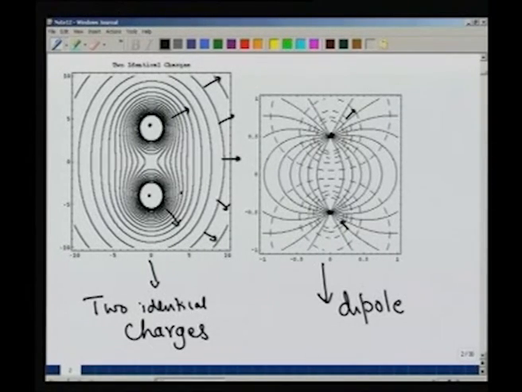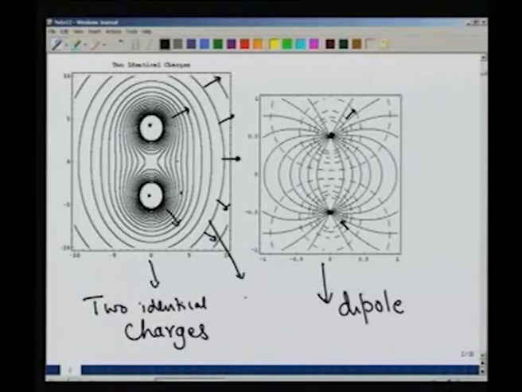The interesting situation occurs when I look at intermediate distances. If I place a test charge here, in this case it gets attracted by one charge, it gets repelled by the other. So, you see the characteristic dipole lines in this case, whereas here the field lines are not going to converge, they are going to form some surfaces which envelop both the charges. They are not terminating on the charges the way we would like them to. Both of them are repulsive. And as you go farther and farther away, this is a very good approximation to a sphere. Of course, it is not seen here.